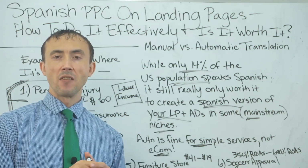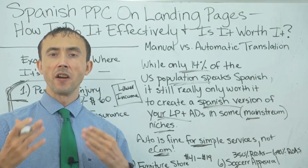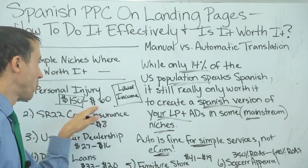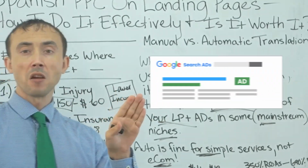Maybe the word's got around that I'm so good in that area, and that's just how things have gone in the past. But with this, if you're wondering how to get these results, what this is going to represent is what the English traffic is generating results on, and then what the Spanish traffic is generating results on. When we translated the ad on the landing page from English to Spanish, if you're talking about Google search ads here,